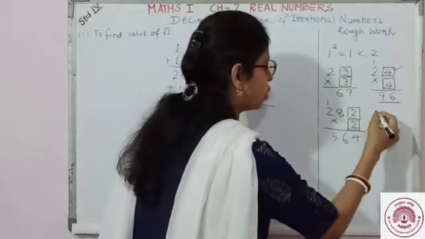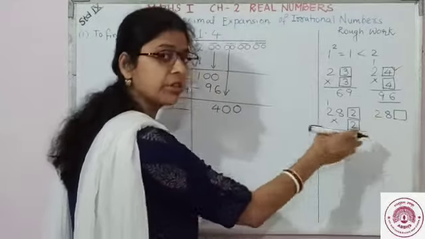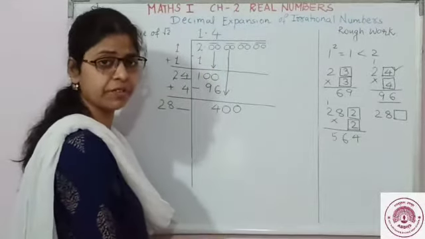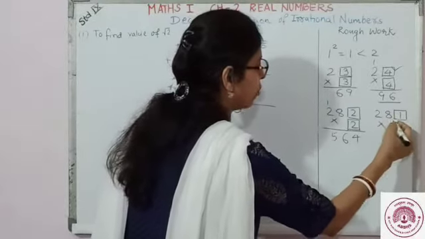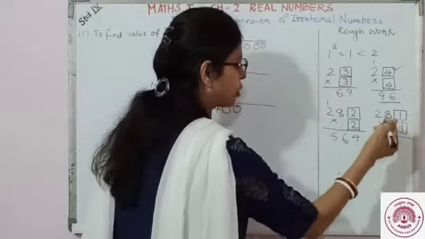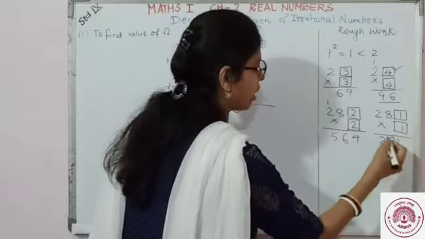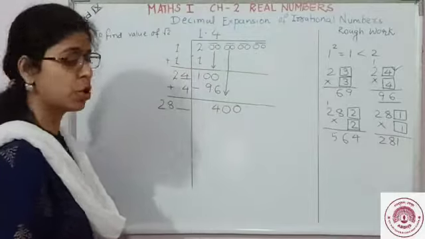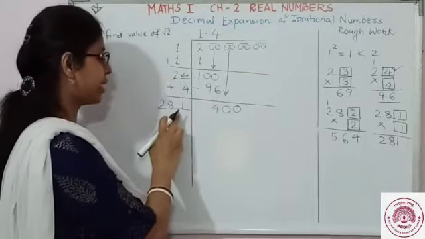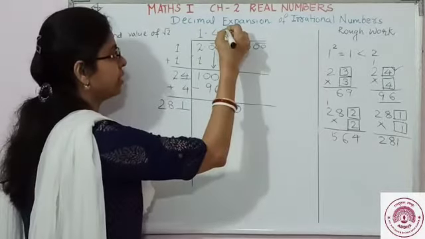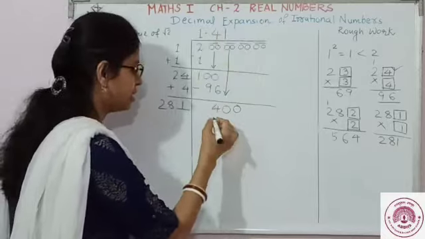So let's try with 1 then. We cannot take a greater value here, then again we will get a much greater value. So let's try with a smaller one. So we can take here 1, multiply with 1. So we know what the value is here. 281 multiplied by 1 is 281. So we can take this value. So which value have we taken? 1. So 281, what is the next digit? 1.